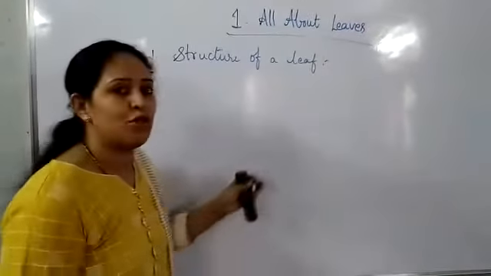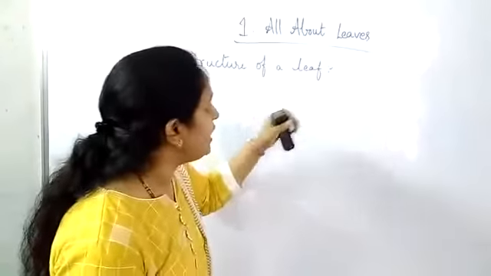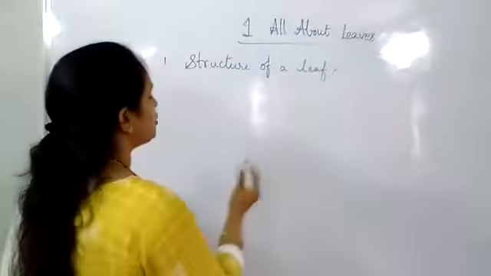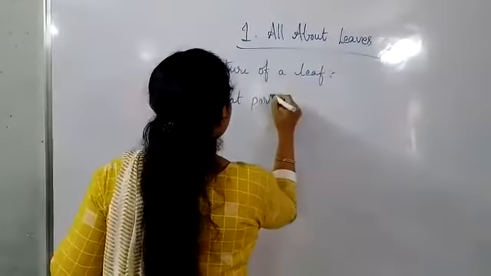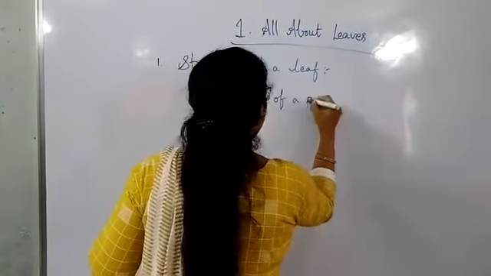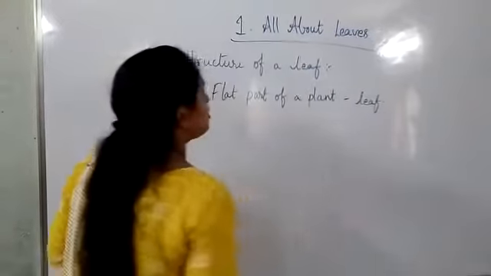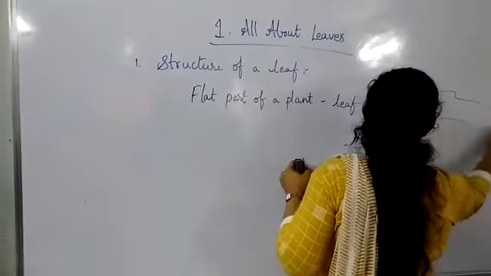Here we can see most of the plants have leaves. So what is the structure of a leaf? A flat part of the plant is called leaf. Don't get confused. A flat part of a plant is called leaf. So in the structure of the leaf, as we discussed,